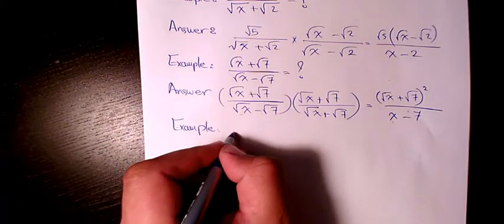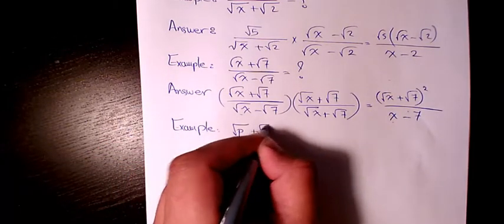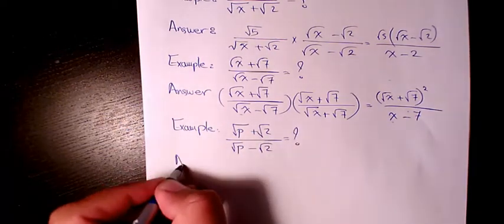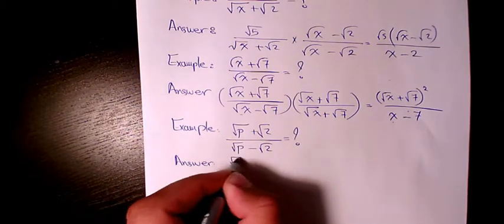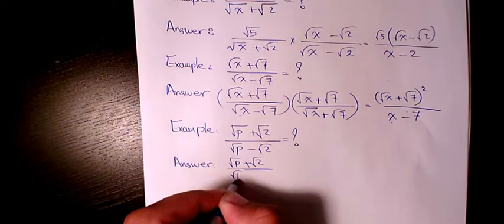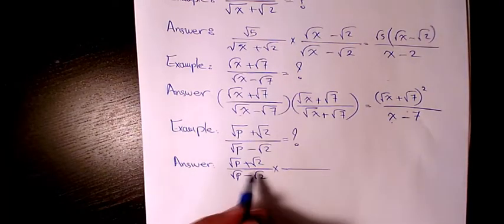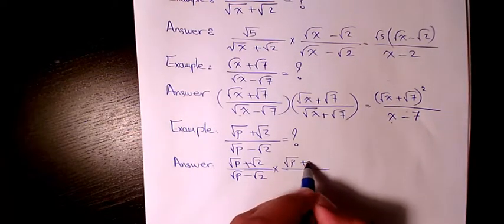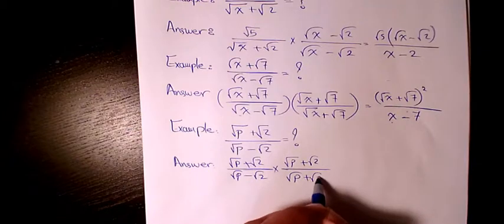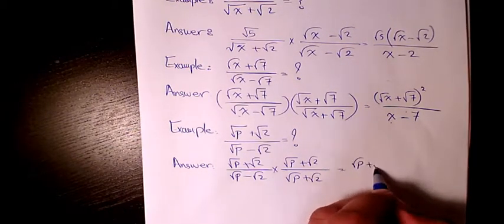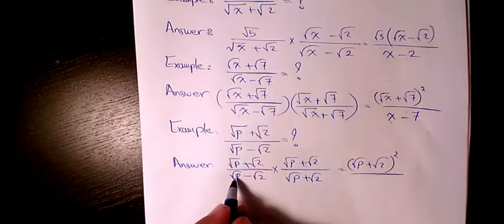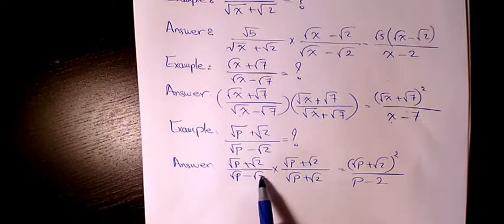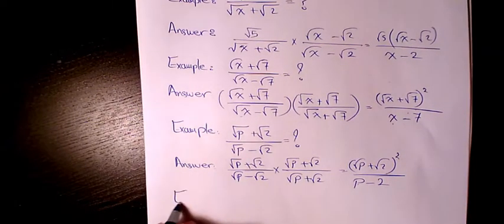is root p plus root 2 divided by root p minus root 2. Answer is root p plus root 2 divided by root p minus root 2 times, I need to multiply the numerator and denominator by the conjugate of the denominator, which is root p plus root 2 divided by root p plus root 2. That makes it root p plus root 2 to the power of 2 divided by p minus 2, because square root of p to the power of 2 is p, square root of 2 to the power of 2 is 2. Next example